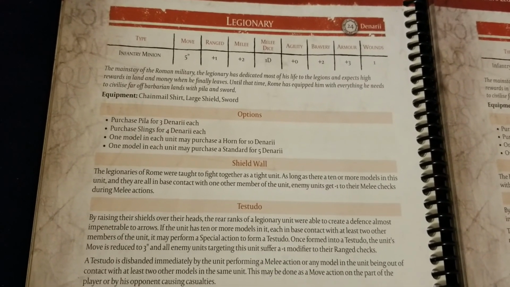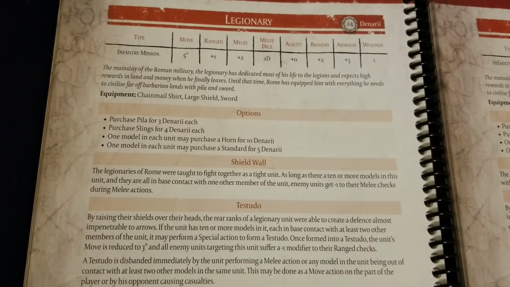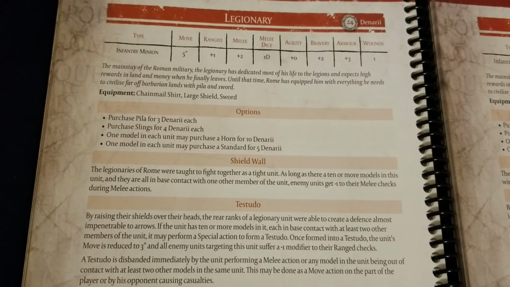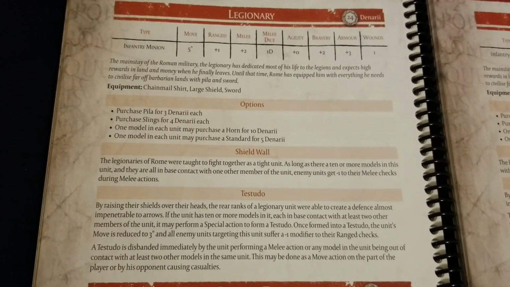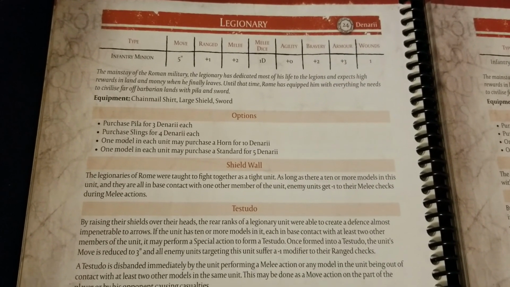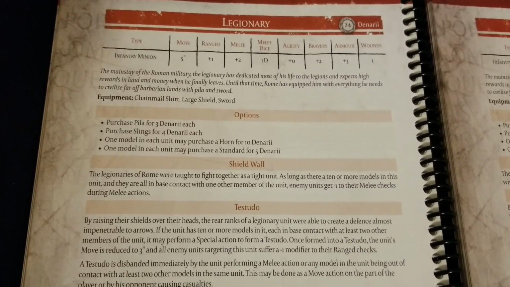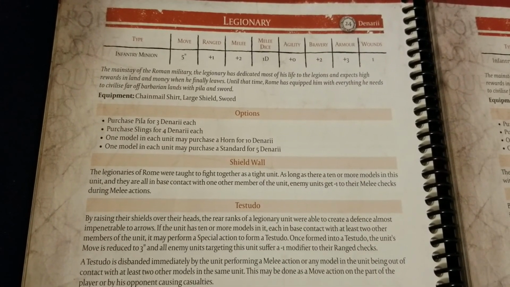The horn still stays at 10, but again, the standard has come down from 25 to 5, and then basically shield wall has changed slightly just because again the whole parry system is gone. Let me just read this for you guys here. So the Legionaries of Rome were taught to fight together as a tight unit. So as long as there's 10 or more models in this unit, they're all in base contact with each other, basically, enemy units get -1 to their melee checks during melee actions,